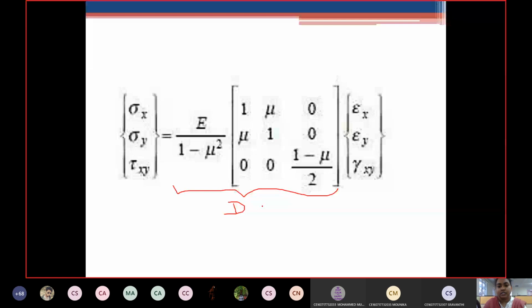The reason we are noting this down is that questions will be asked like: solve for the D matrix or derive the D matrix for sigma x equal to so and so, sigma y equal to so and so, epsilon x equal to so and so. Like that it will be given, and you have to derive the D matrix. Or the E value and mu value will be given, some terms of stresses or strains will be given, and you will be asked for the solution. So you should be able to remember the D matrix. Then only you will be able to solve it. Now this is the D matrix for the plane stress constraint.